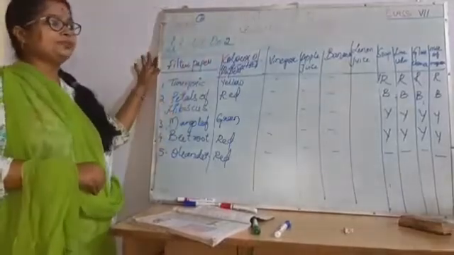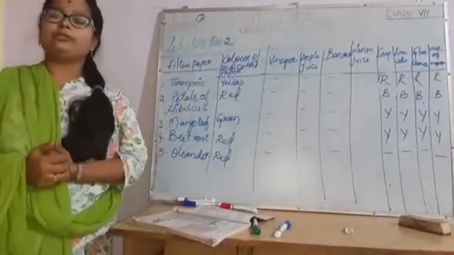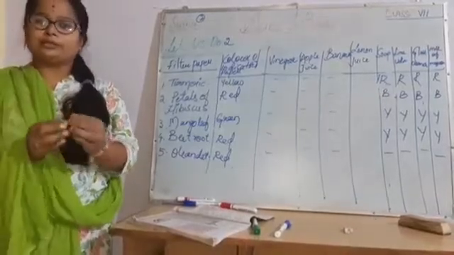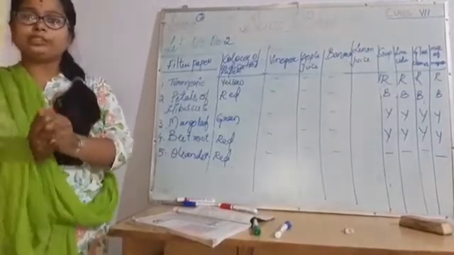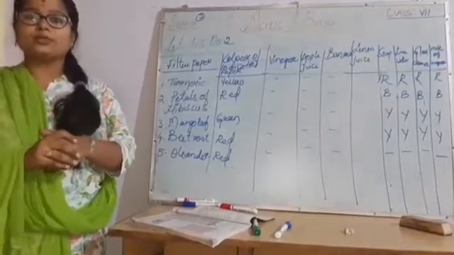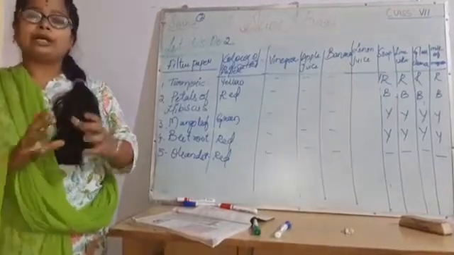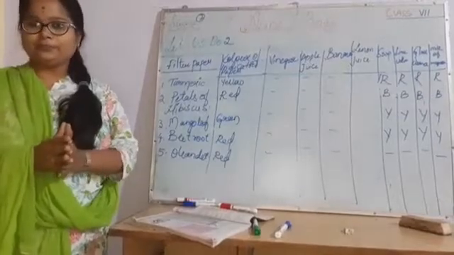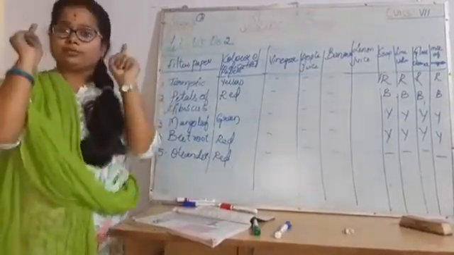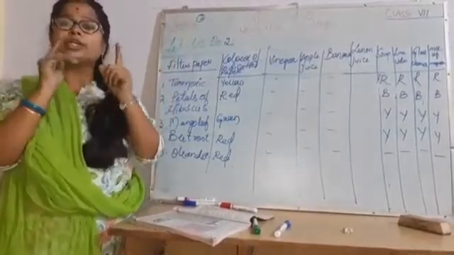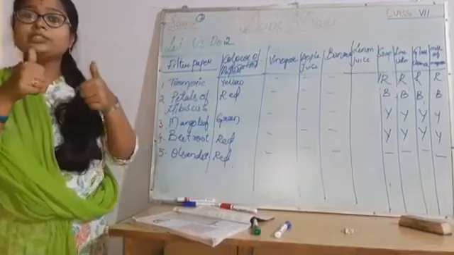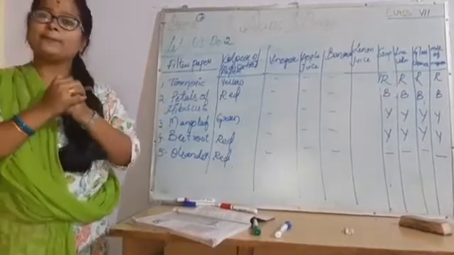Let us do table 2. In the previous topic you learned about turmeric paper, how it changes its color when you add lime water and soap water. It changes into red, you have seen. I said that some other substances will also change their color when you add another substance to them. The important thing to notice is that they change their color when one substance is added to another.